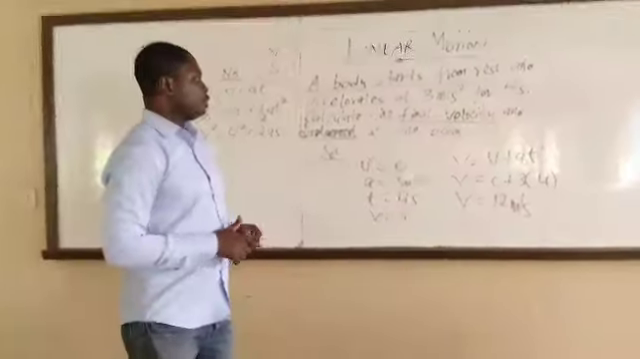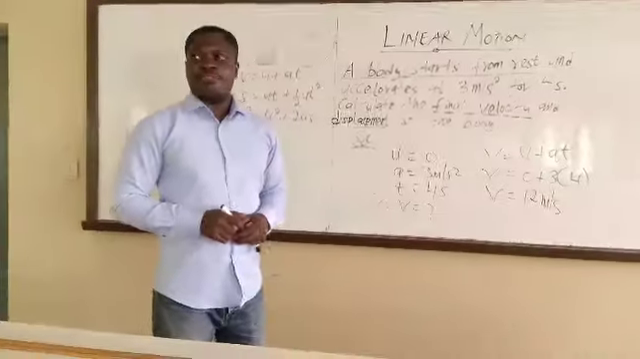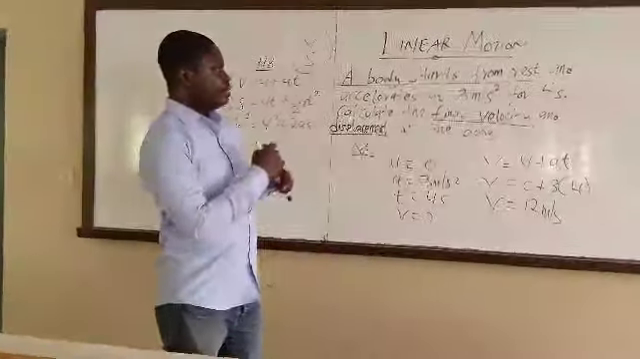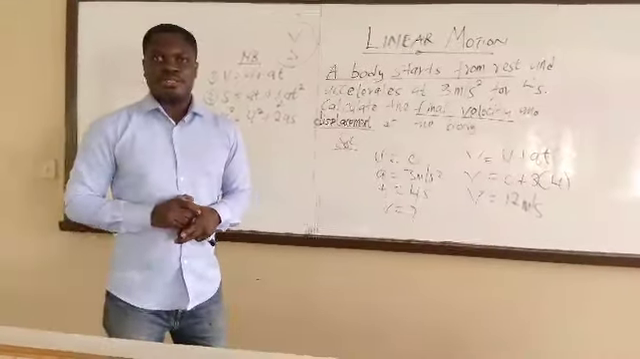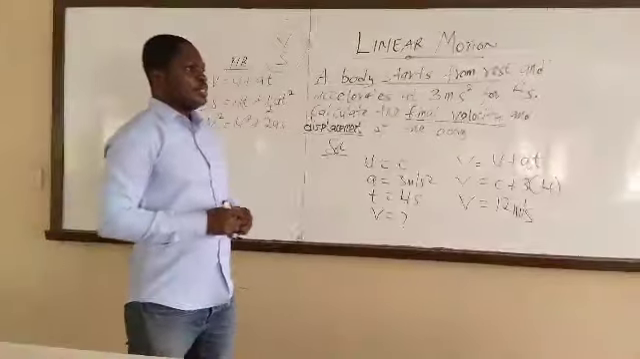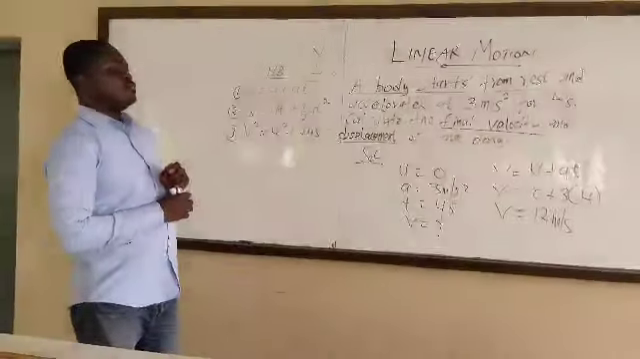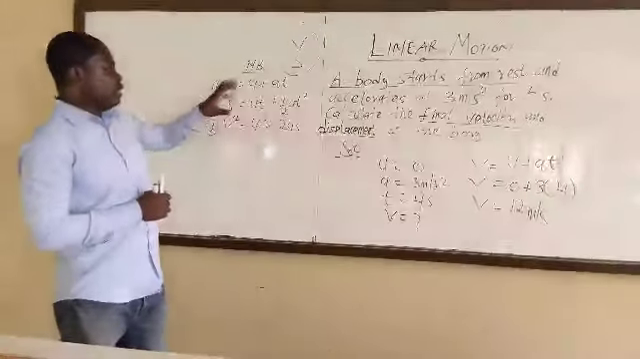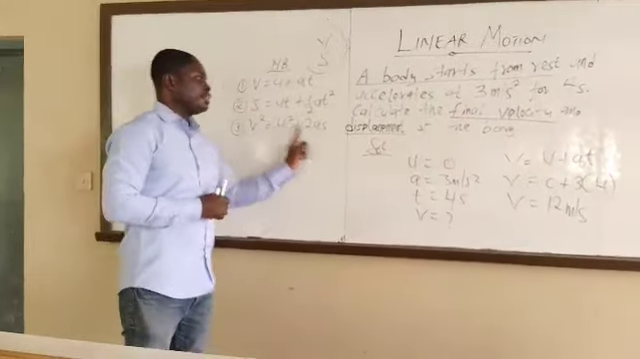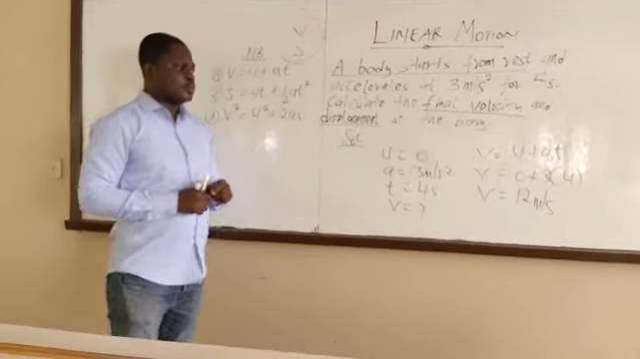That has helped us to find the final velocity. Second, we are left with finding the displacement. The equations that will help us to find the displacement, we can use equation 2 and equation 3, because these are the equations where we can see the s, and we can use it to find